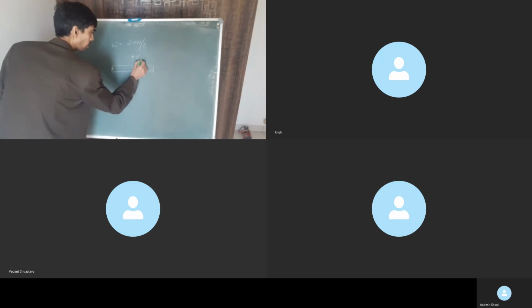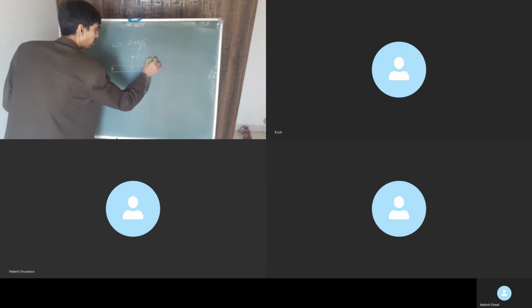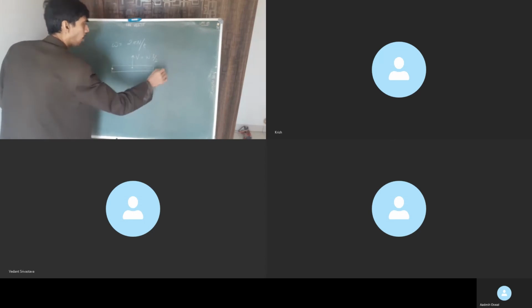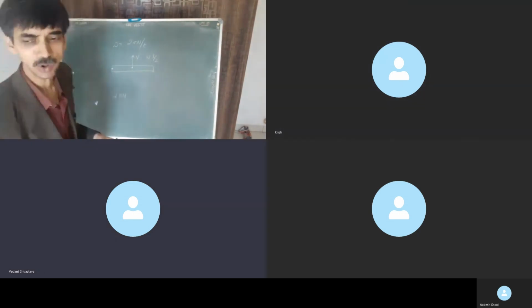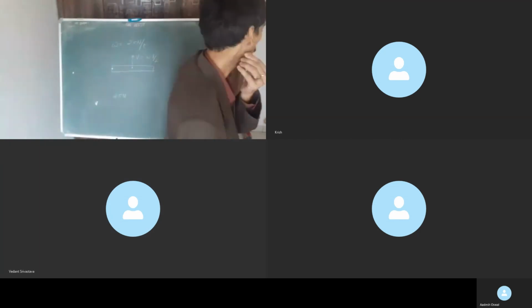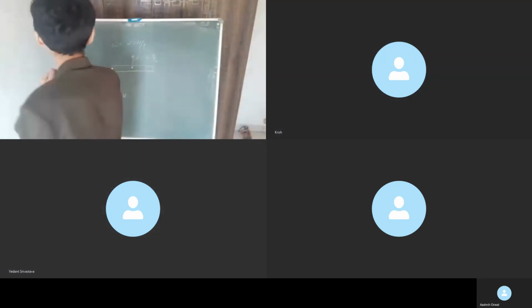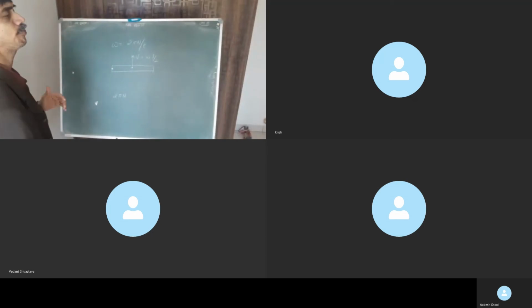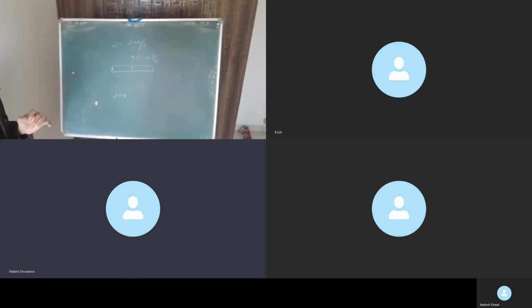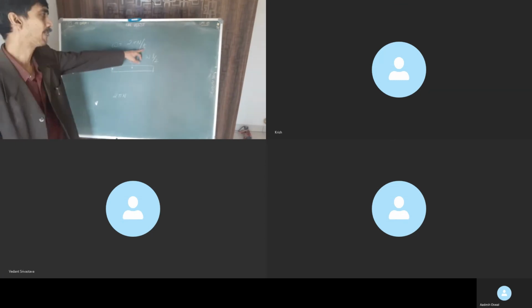And this is moving with what speed? Omega into L by 2. Check it out. V is equal to R omega. I'm using V is equal to R omega. So with this V, center of mass departs, and center of mass will keep on moving up till what time? Half of this, correct?